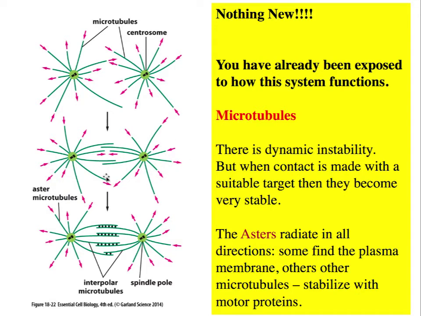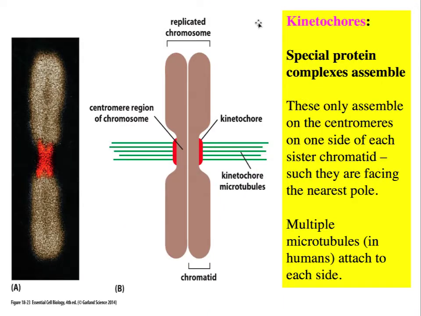And in this example here, in the center of this figure, the microtubules originating from the left and the right side, there's two sets here, have made contact. And that, in addition with motor proteins, stabilizes their structure and prevents them from collapsing further. What's not shown are those microtubules which are stabilized by making contact with the plasma membrane. That will be on this side and over here on this side. The primary function of the spindle is to control the movement of the chromosomes.